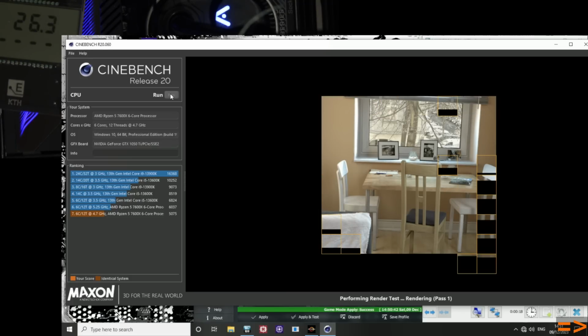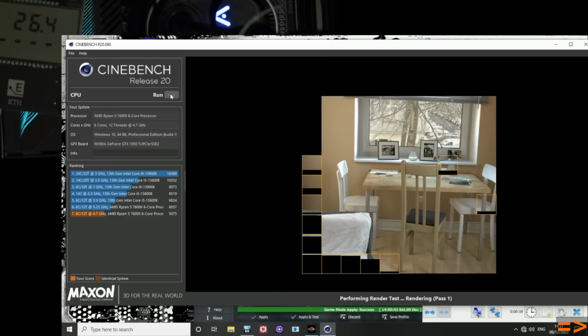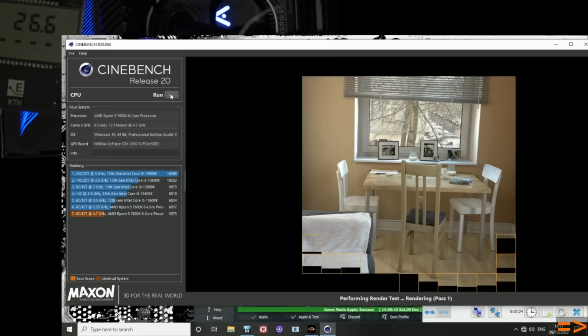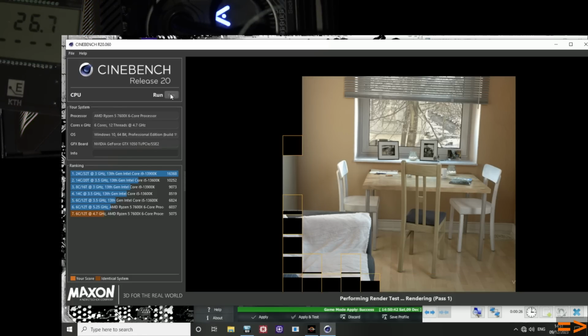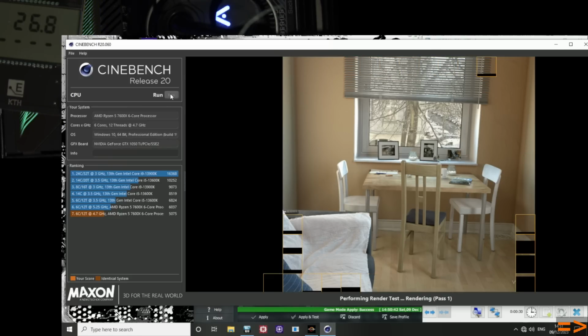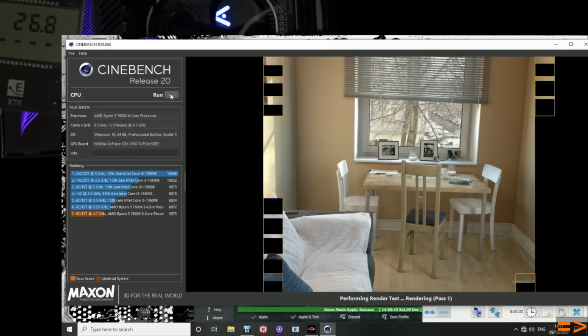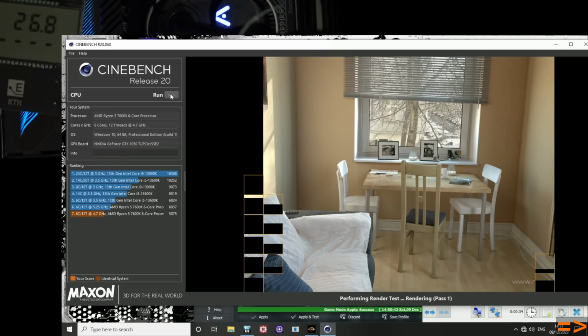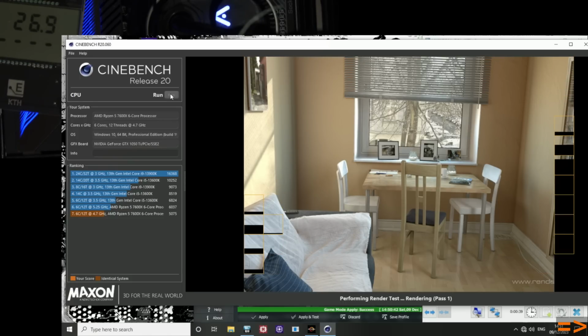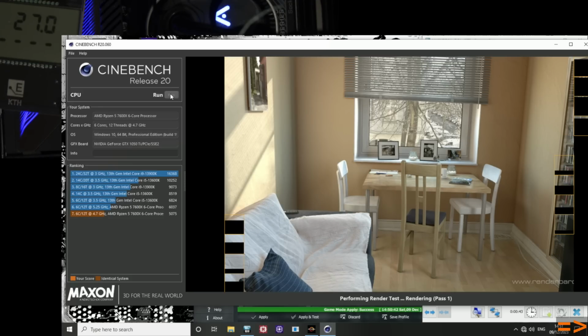I'm very surprised, though, that we can run at all at 1.32 volts. Wait, don't tell me this is actually going to pass. That's insane. No. It just...